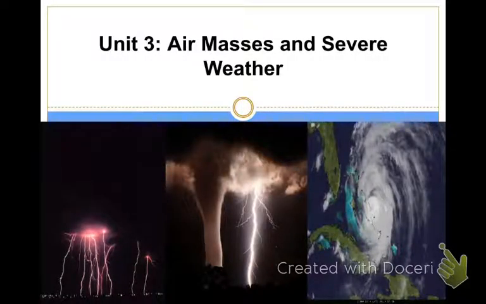Now that we've finished the first set of notes for meteorology, where we looked at all of the small details and parts that come together to create weather, we're now going to actually be able to look at how that weather is made and the severe weather that it can cause. So this is still the same unit. We're just going to look at the severe weather part.